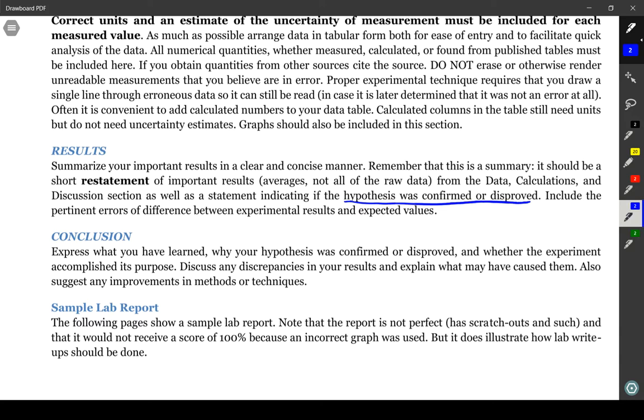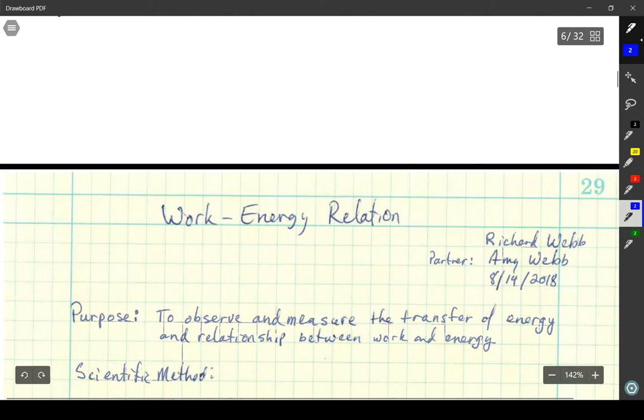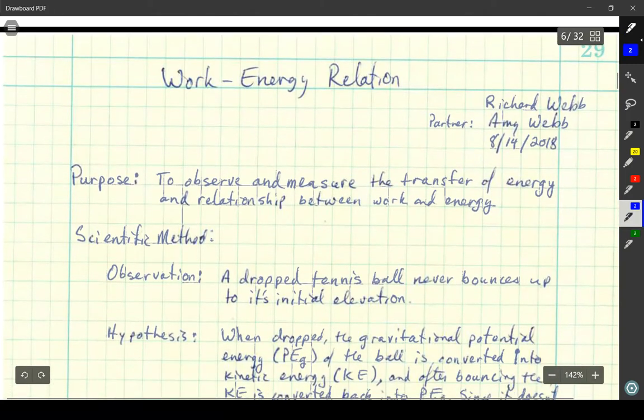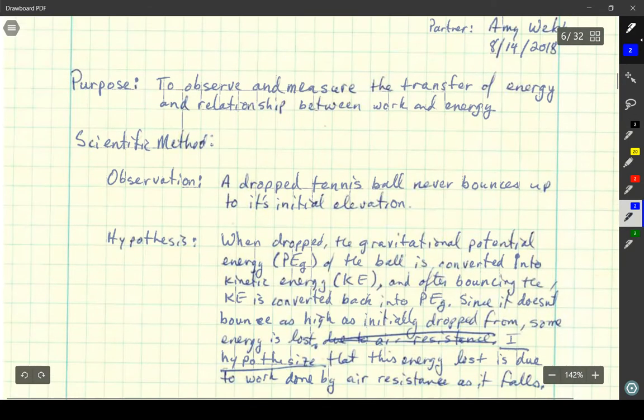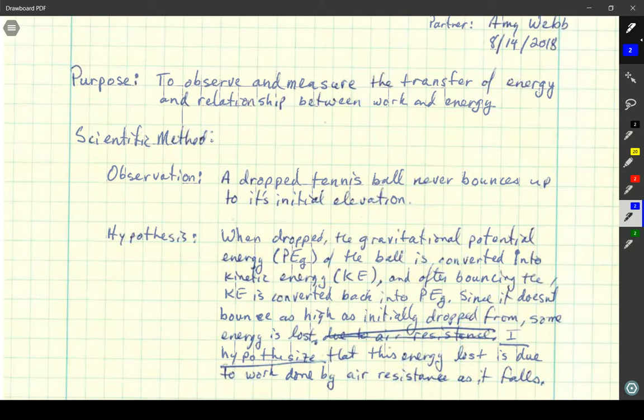And so here I have a sample lab report, which I did quickly and I made lots of mistakes. So here's my title. Here's me, my partner. I put my wife here as my partner. Clearly stated, nobody's going to be confused which one's me, which one's my partner. The date on which we did it. The purpose, my scientific method,